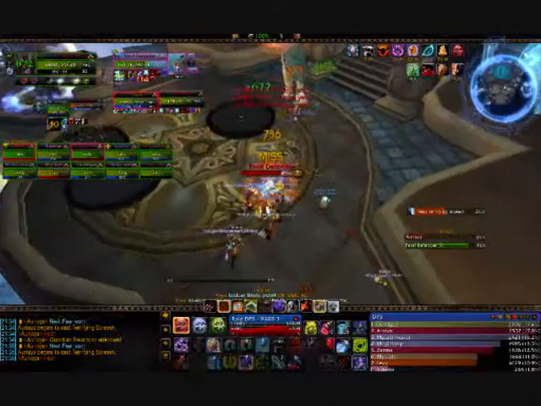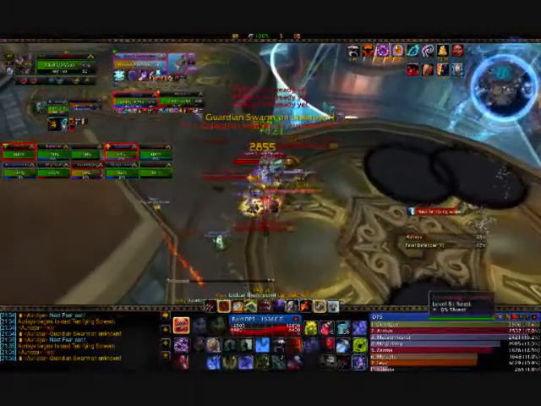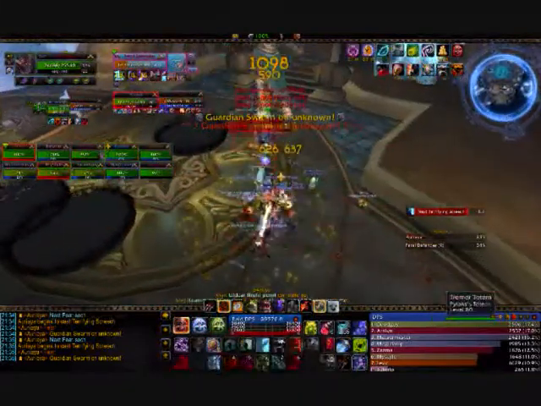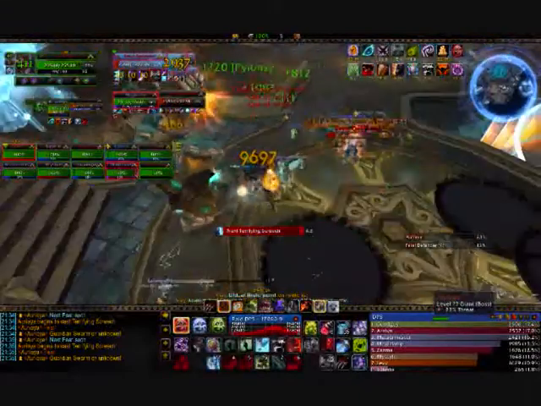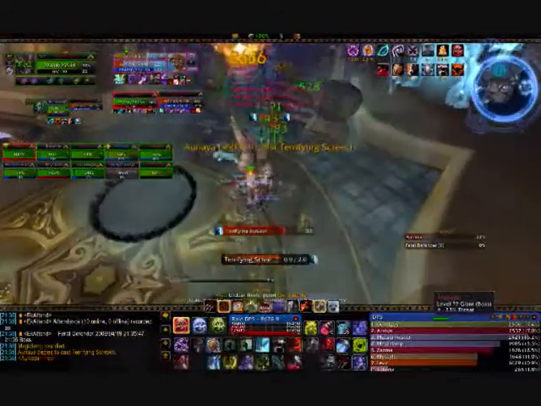Normally I don't have enough time to say what I want to say, but this boss was so easy compared to what we've seen in Ulduar so far that I don't really know. If you're having trouble on this boss, you're most likely dying on the pull. Make sure that you just stand out of line of sight. Put down a Death and Decay, if you don't have a Death Knight,